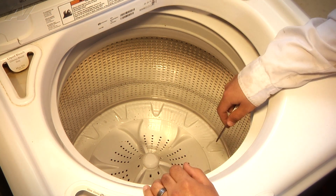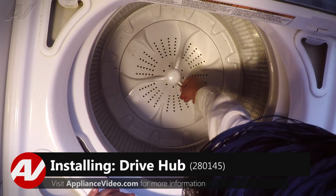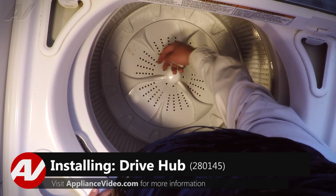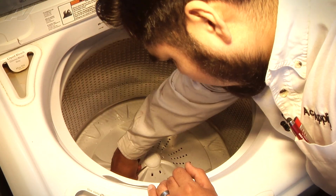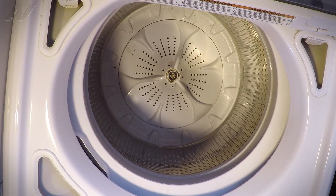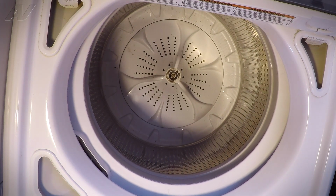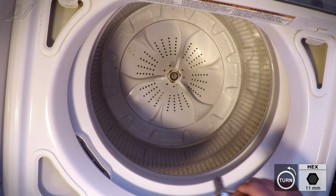Now that the lid's open, we have access to the actual impeller. We want to remove the impeller cap here. To do so, we're using a small flat blade screwdriver, and we're finding the insert so we can pry it in there and lift the cap off. That exposes the actual mounting bolts. Using a ratchet and an 11mm bit, we're going to remove the actual